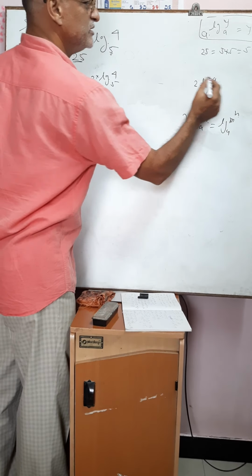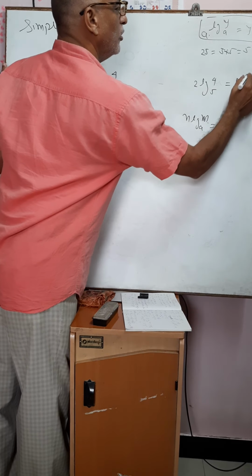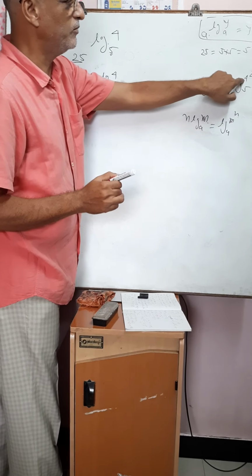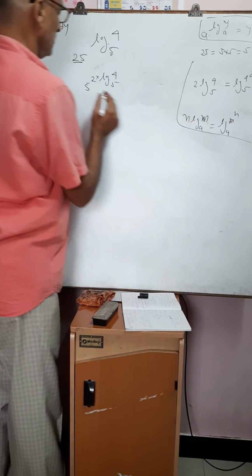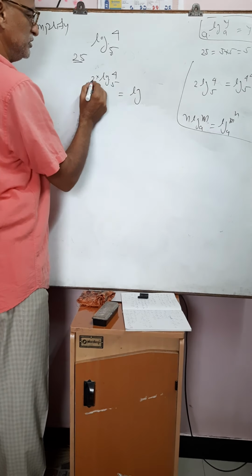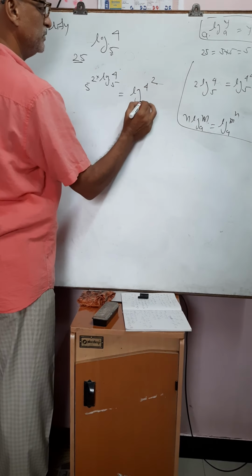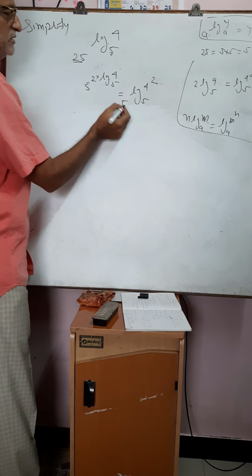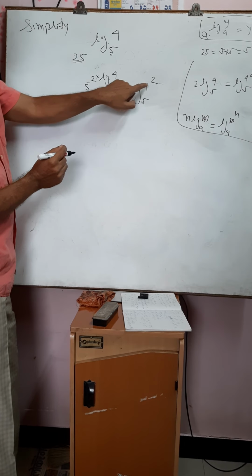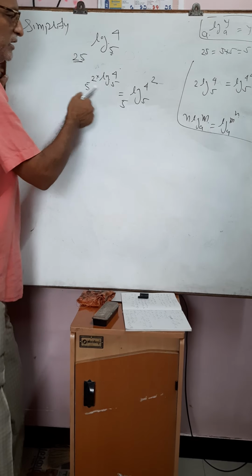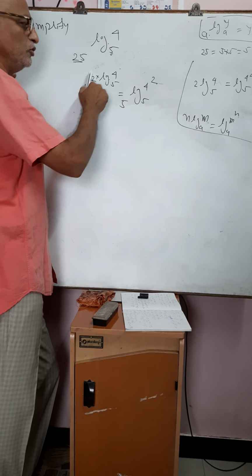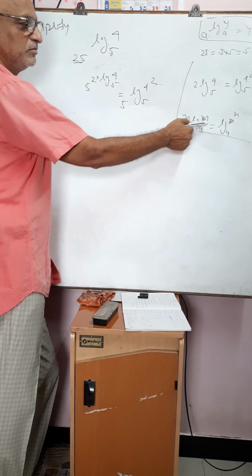Now in the opposite direction, this can be written as log of 4 square to the base 5. This 2 goes at the index, so it becomes log of 4 square to the base 5. Here the base is the same, 5. 5 to the power of log 4 square to the base 5. ये जो 5 है एज इट इज रहा है बेस में. ये 2 जो है ये 2 4 के इंडेक्स में चला गया. क्यों इंडेक्स में चला गया? बिकॉज द application of third law.